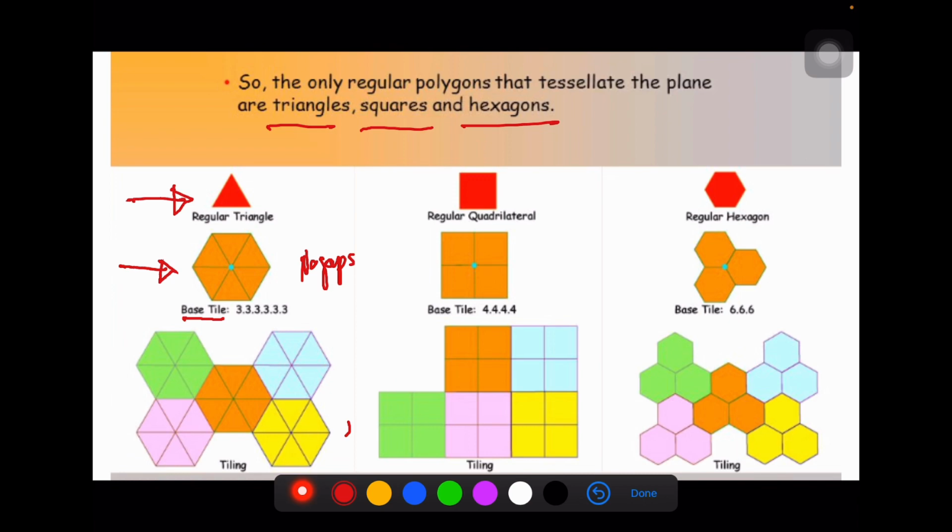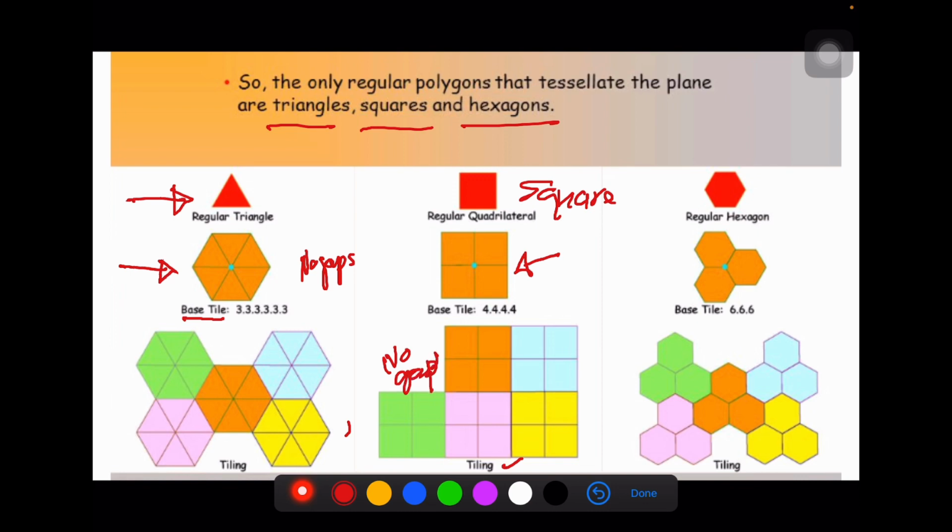Let's look at regular equilateral. That means it's a square. So when you put them together, they become like this. It's a 4.4.4.4, and then you take all that and it becomes a tiling, so there will be no gaps either and no